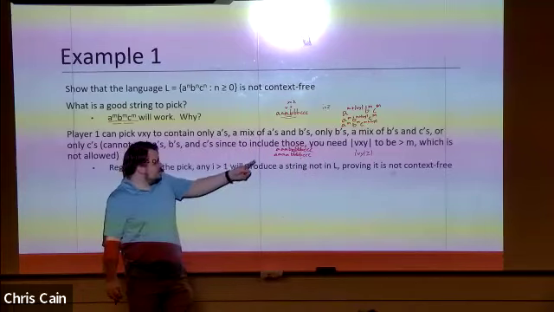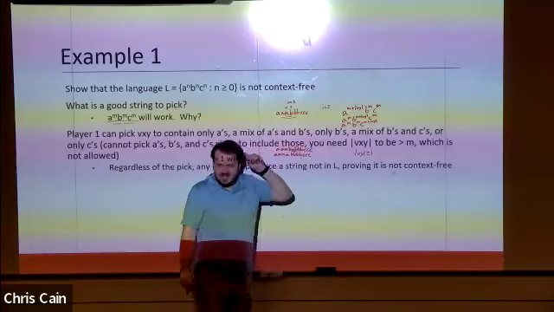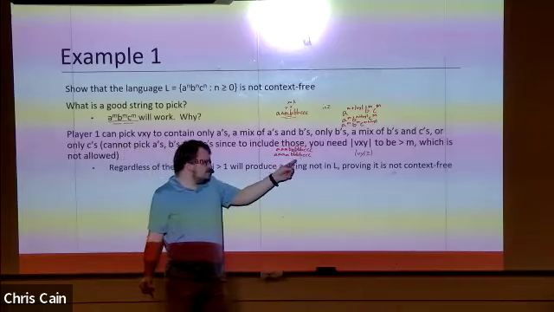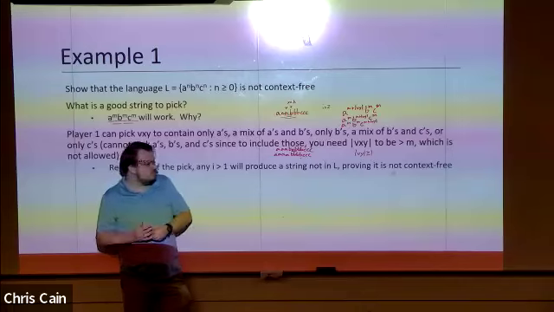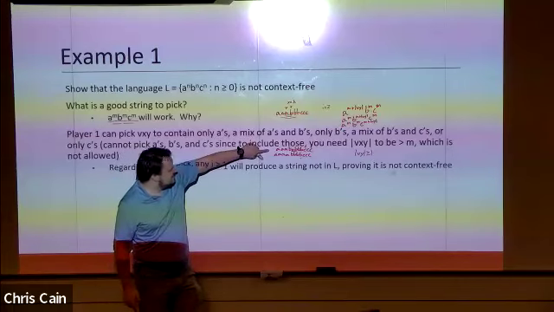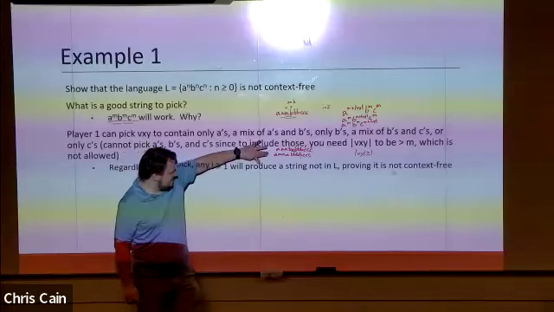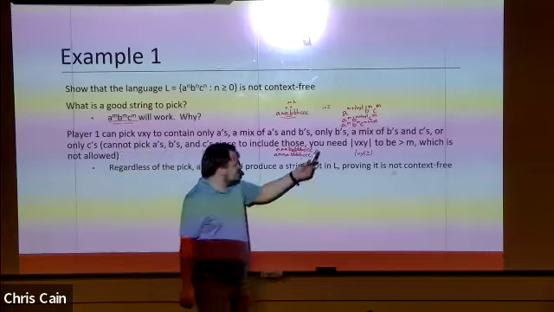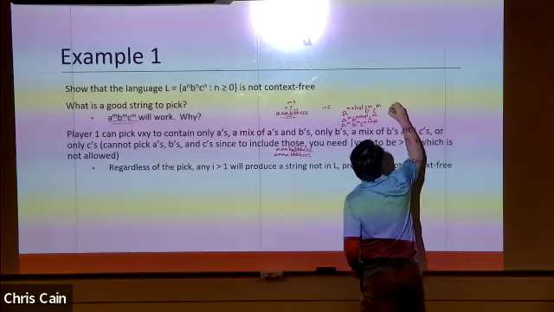But regardless of what you do, when you pick at least an A and a B, and you set this i equal to something that is above 1, you end up with more A's and B's than you have C's. So you could take this in 2 different directions. One is the form of the string, but the easier way to do this one is going to be this way, saying how many A's and B's are you adding? So I would argue that for A's and B's, you would have the case where you have A to the m plus